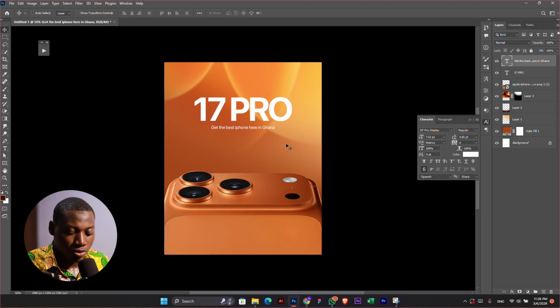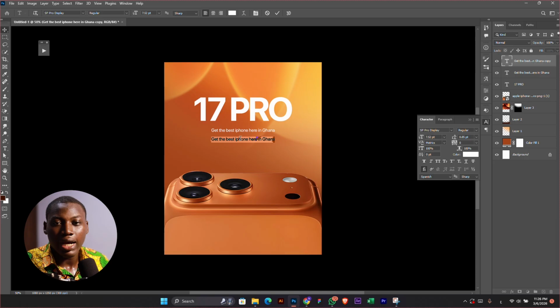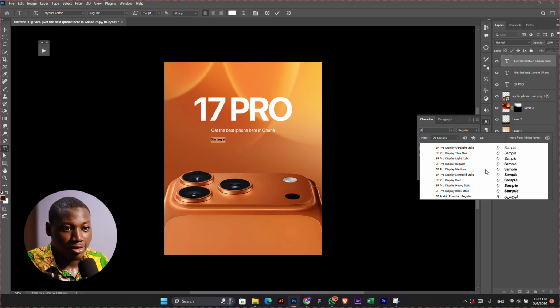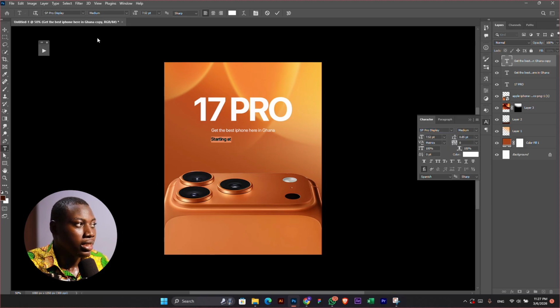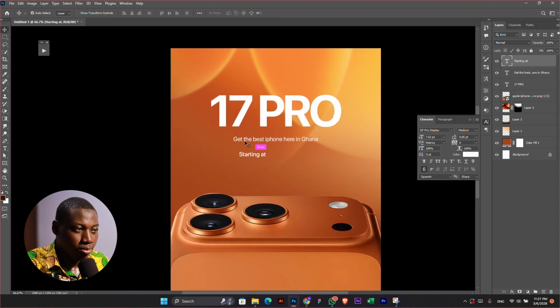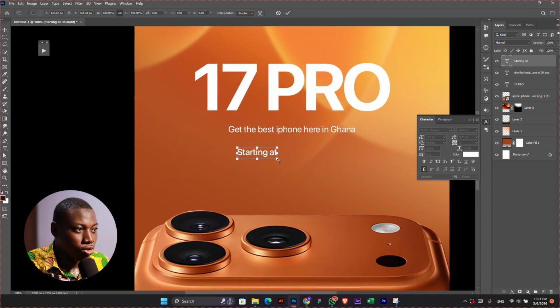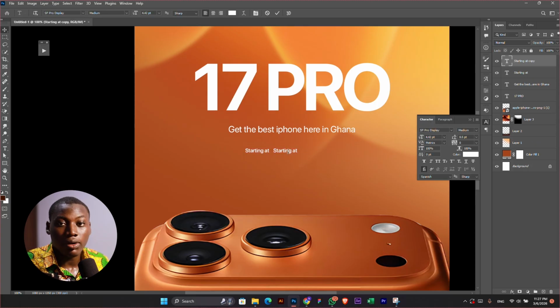So I'll bring this down here a bit, and what I'll do is I'll now add our price. So I'll say starting at. So I'm going to type starting at, and then I'm now going to change my font to SF Pro Display again. And what I'll do is I'm going to zoom in for a bit, and then I'm just going to reduce the starting at. Then I'll now add the price, which we can say 20k